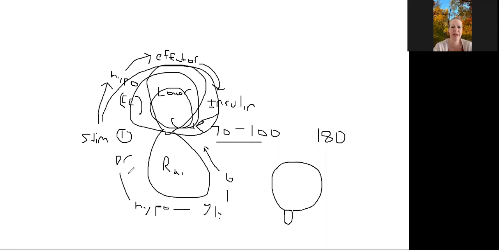Yeah, I was just touching on how if we wanted to raise our blood glucose, I know this picture is not the best, but we'd have a drop in glucose. It's kind of the same thing. Our hypothalamus would trigger our effector organ, which is our pancreas, to send glucagon, and our glucagon would bind to a G protein coupled receptor in our adipose, muscle, and liver to raise our sugars in this